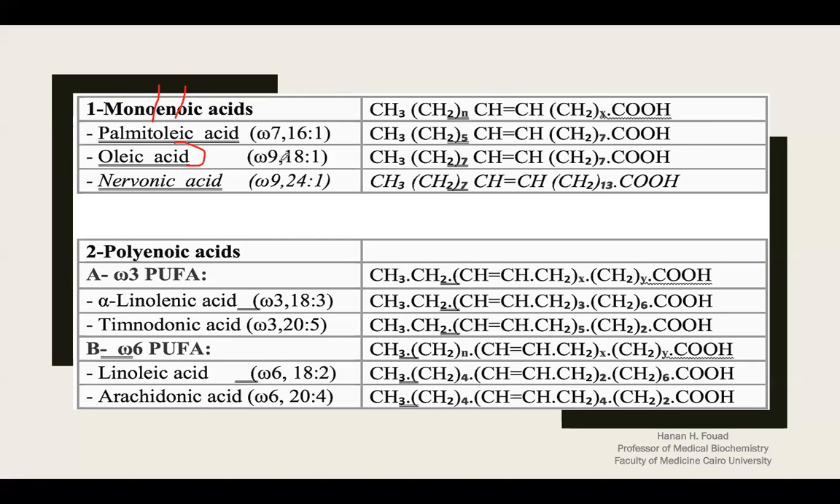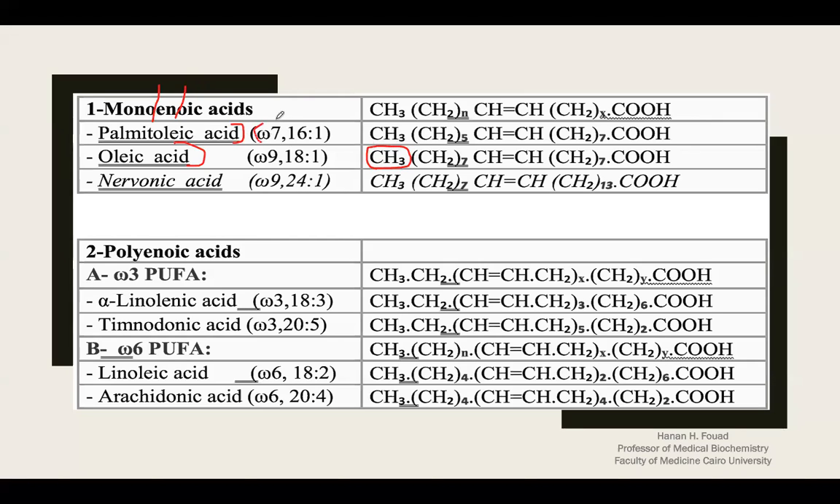Omega-9, what's omega-9? Omega means if you count the carbon atom from this side, from the side of methyl, this is the omega carbon. This is number 1, 2, 3, 4, 5. The double bond will be present between carbon number 9 and carbon number 10. This is omega-9. If you look at palmitoleic,